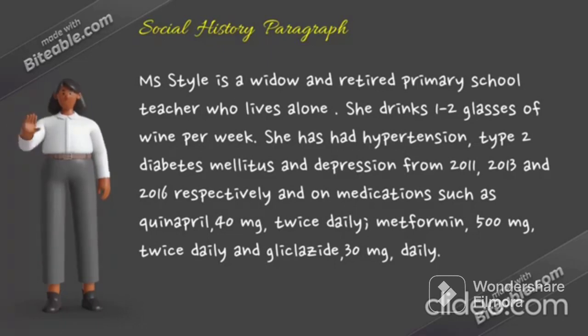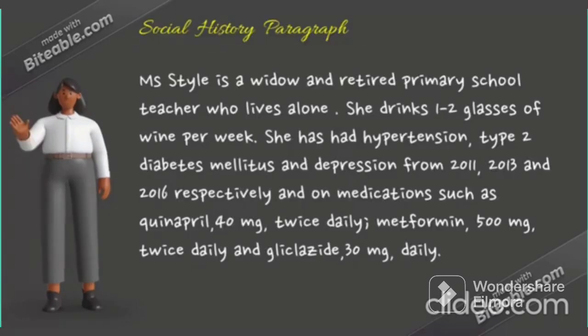Then the next thing, you have to be conscious when you are writing regarding the conditions. This is similar cases because she has hypertension, diabetes and depression. They have mentioned already the year from when it started, so we can write has had. Okay, please keep it in your mind. If the year is written already, I mean the date or year or month, whatever, if it is given, you can write has had. If it is given only that she has hypertension or diabetes, but they didn't mention the year, you have to write has. So here she has had hypertension, type 2 diabetes mellitus and depression from 2011, 2013 and 2016